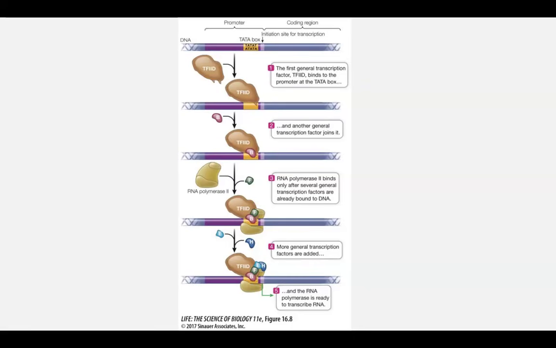as well can bind. So RNA polymerase II binds after more transcription factors have come in and bound to the DNA, and now it forms the transcription complex. After forming that transcription complex, RNA polymerase is finally ready to transcribe RNA. Like I mentioned previously, the TATA box is extremely important because it indicates where that genetic sequence can be read and decoded. And RNA polymerase II can only come in after multiple transcription factors are bound to that TATA box.